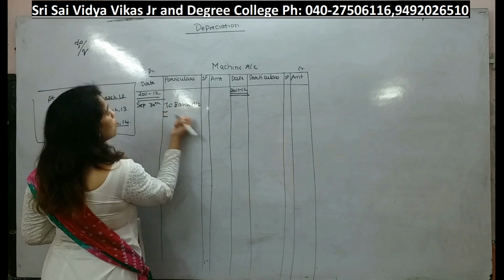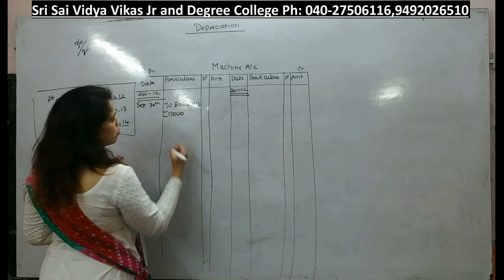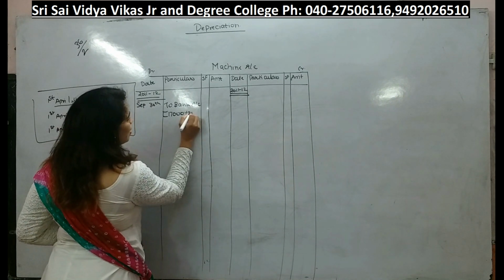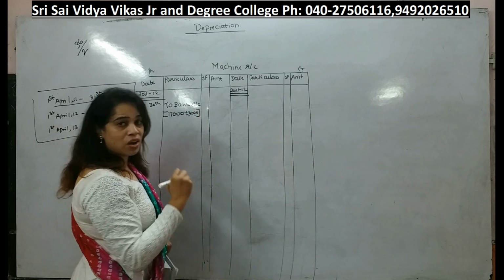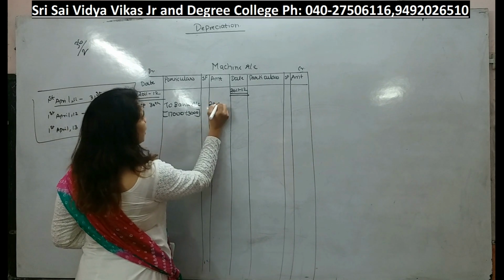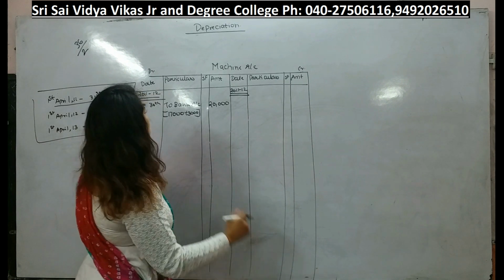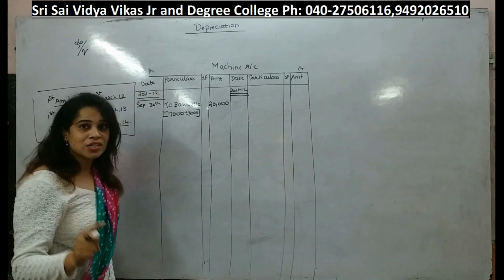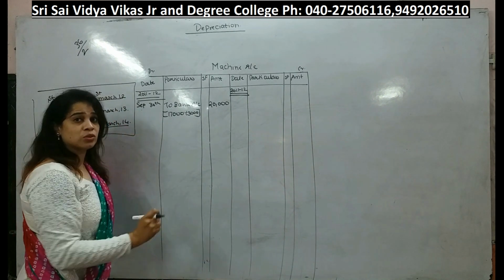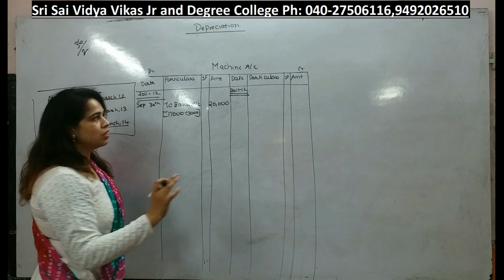See, we are purchasing an asset. What is the value of the asset? 17,000, right? And how much installation charges are we paying? We are paying 3,000. Unless and until we install it, we will not be able to utilize this asset. So the value of this machine will be 20,000. So in the year 2011-2012, we are purchasing the asset not on 1st April but in the month of September, that too on 30th, the last day of the month. Apart from this, we are not purchasing any other asset, right?